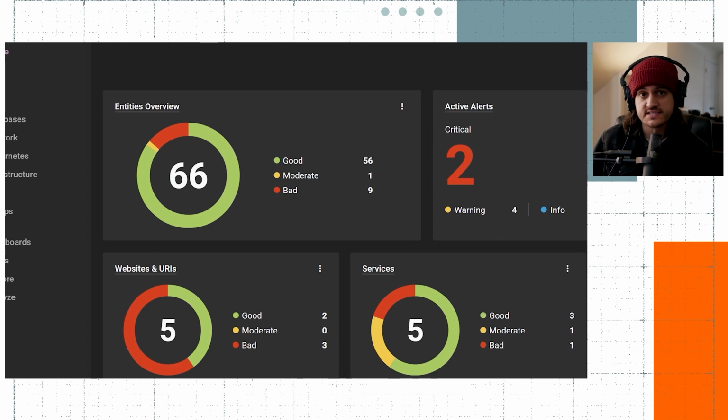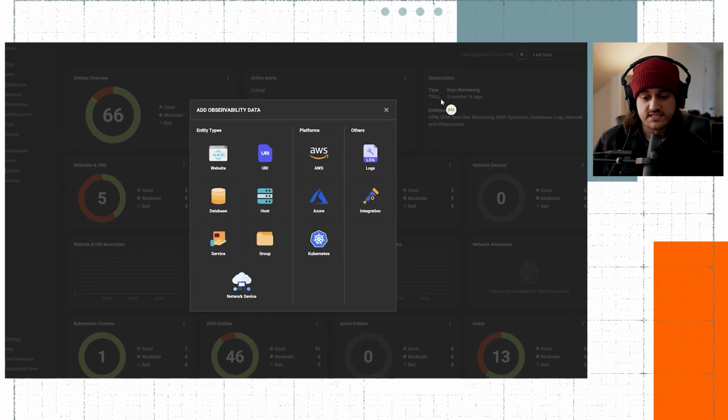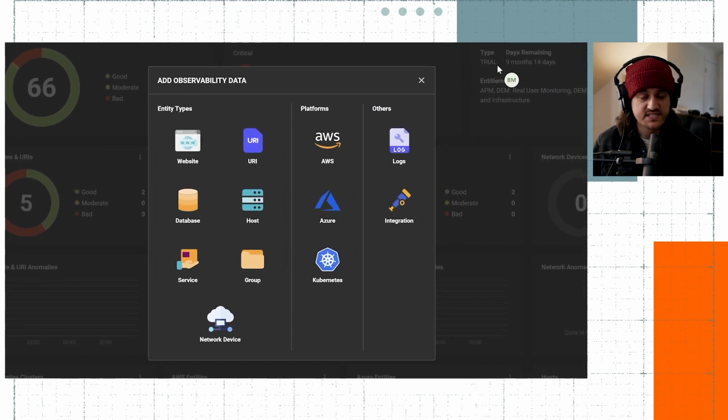So everything you monitor in the SaaS observability solution, we just consider an entity. And there are these different entity types that are categories that they would fall into. For example, if I were to come up here and click on this add data button, just to give you a sense of what these categories would be, you can see we have website and URI entity types that would be used for front-end monitoring. We have synthetic capabilities, real user monitoring capabilities through those. We have database agents for getting deep-level metrics about your database platforms, whether they're in the cloud or on-prem. We have host agents for getting things like CPU, memory, network, disk, and seeing all the processes running on your hosts. APM agents for instrumenting different application languages and frameworks, right?